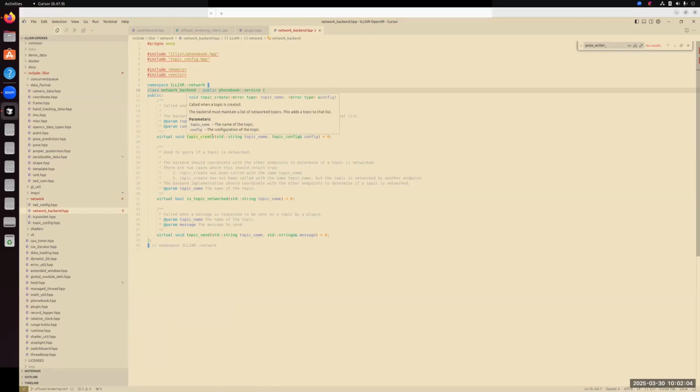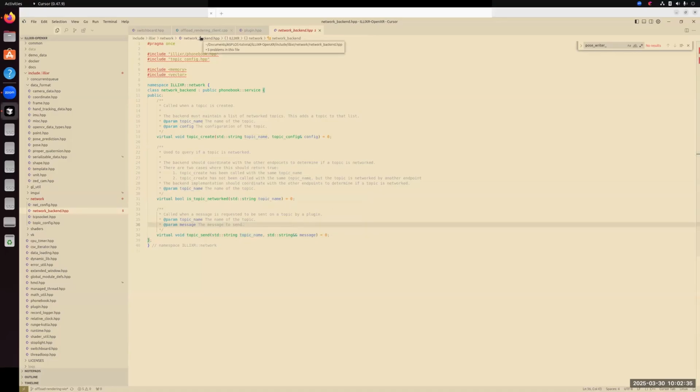To create a network backend, we need to implement three functions. Topic create, which is called whenever a network writer is being created and the topic doesn't exist. Is topic networked returns a Boolean on whether a topic is networked, and topic send means that we need to send a message on the topic specified here.